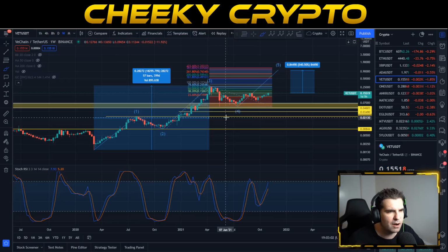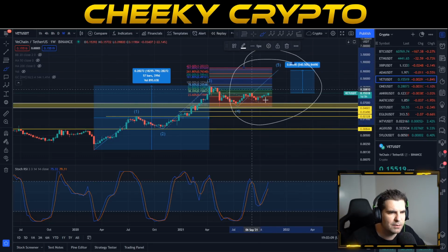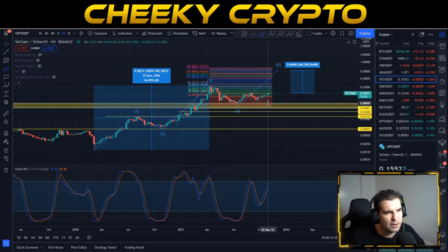Now, obviously, we know that there are 5 impulsive moves to the upside. We can use this to our advantage and help predict where our last leg is going to go. Where does wave 5 actually finish? Now, wave 5, in our opinion, is going to finish around $1.20, depending on whether or not there's a fundamental